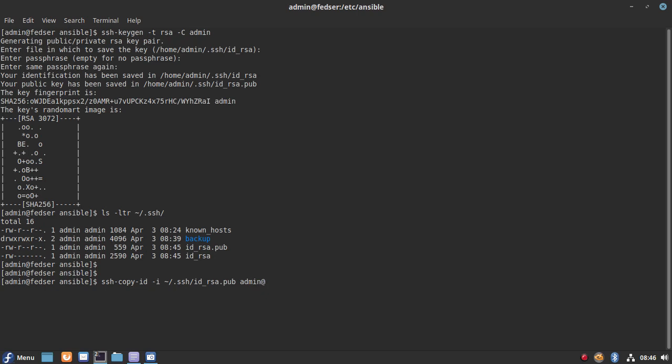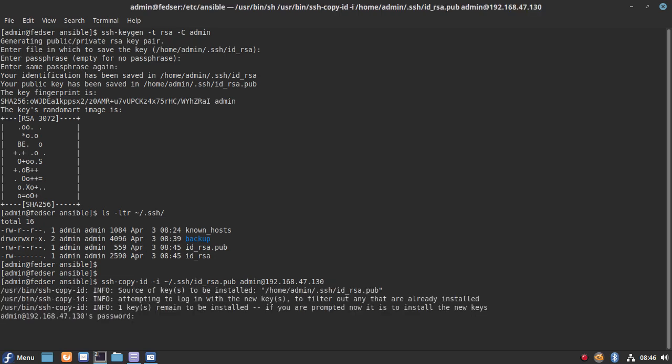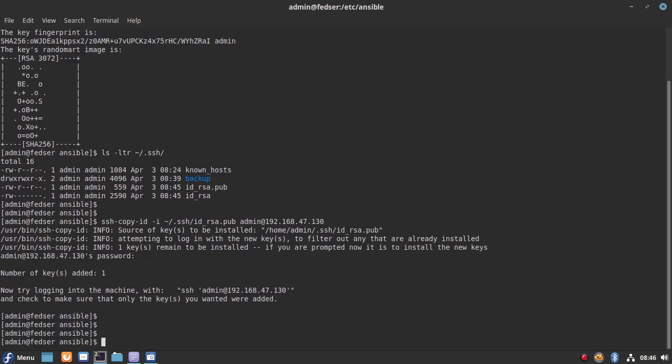I need to copy this onto the remote node with the admin user. So let me log in onto the remote node with the admin user. The remote node is 192.168.47.130. Let me add that key onto the remote node's authorized keys. Okay, done. We have copied our public key onto the remote node.